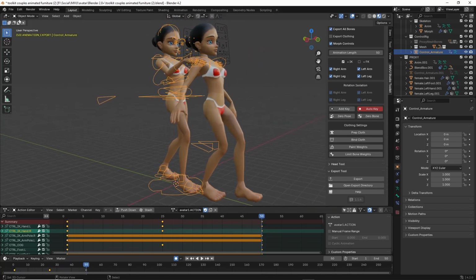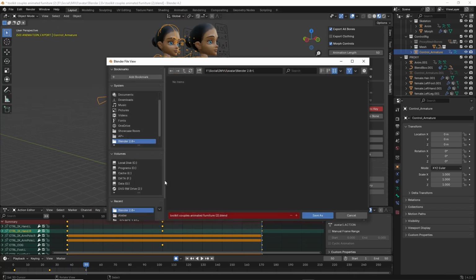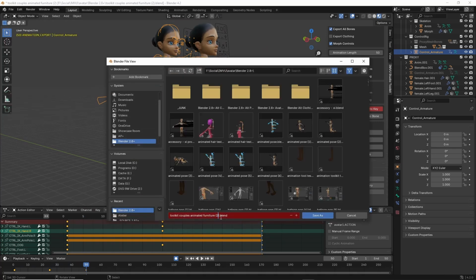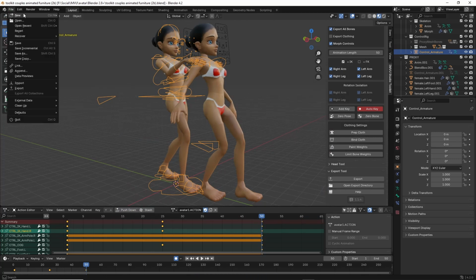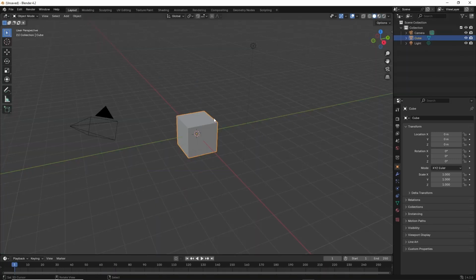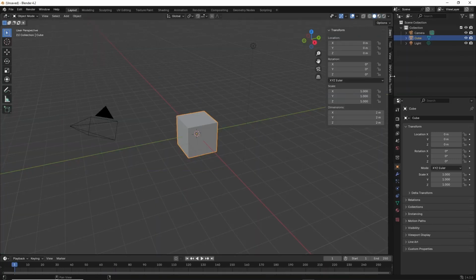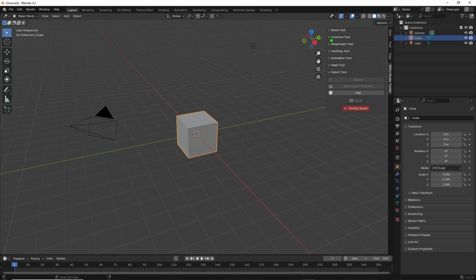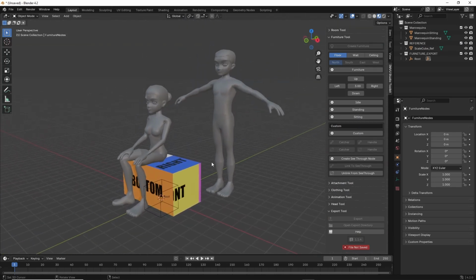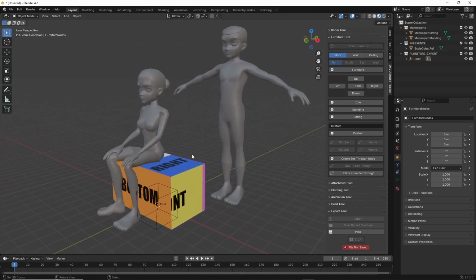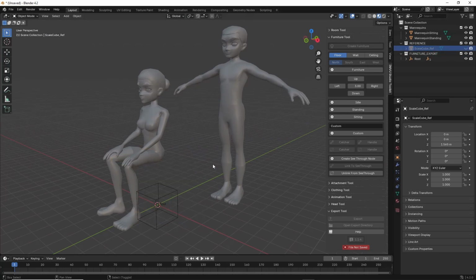So let's save this and set up the furniture file. So for the furniture, we just need to start from a clean scene, toolkit, furniture tool. So this is the template. We don't need the reference object, so we can hide that. What we want to do